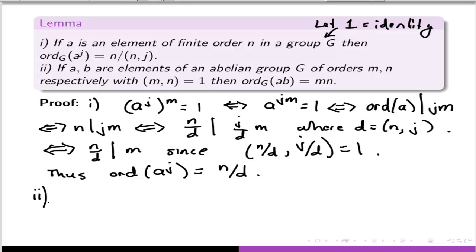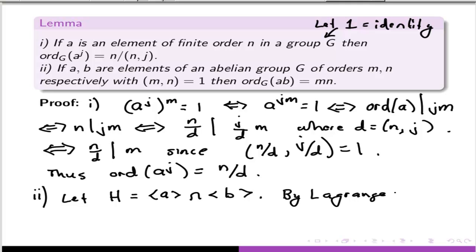A and B are elements of order m and n. Okay, what does this relatively prime do for us? Let's first of all look at the overlap of these two groups. So consider this group. Let's give it a name. Let's let H be the group generated by A intersect the group generated by B. And I claim the only element in this overlap is the identity element. Now, why is that? Well, then H is a subgroup of both of these groups, and so by Lagrange's theorem,